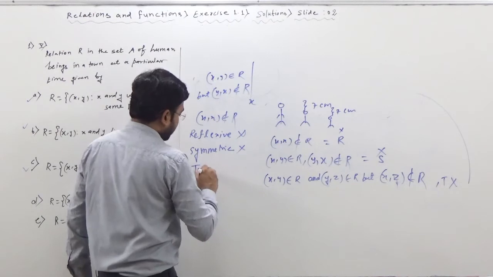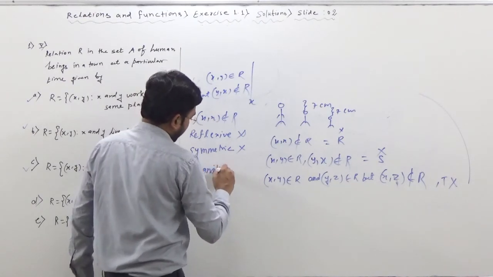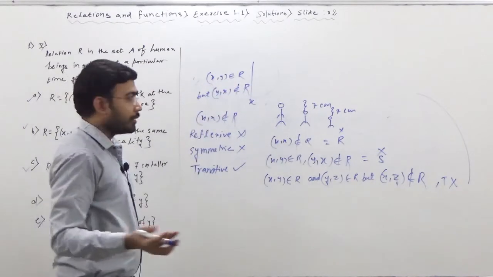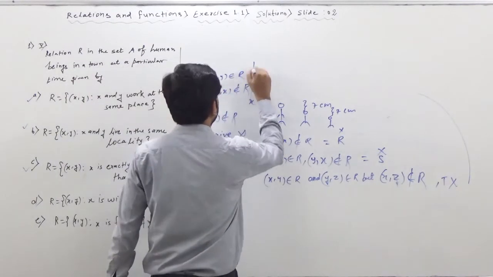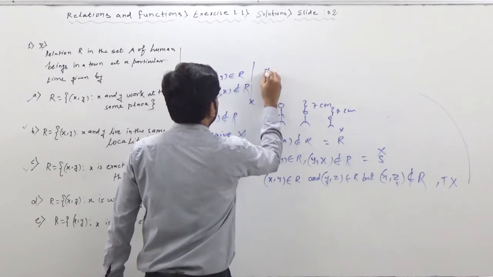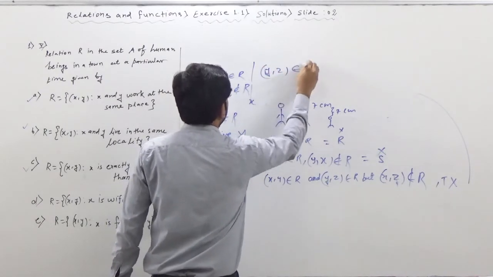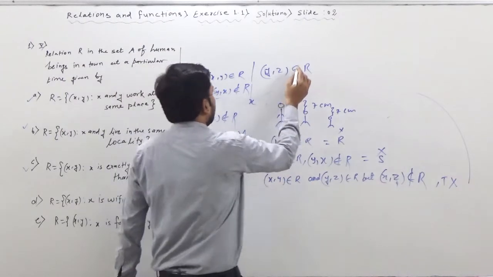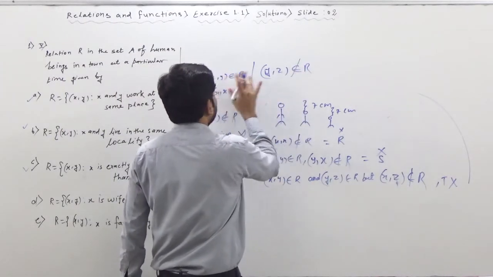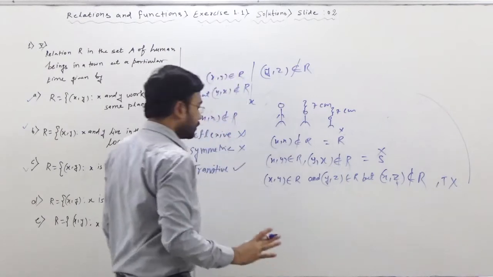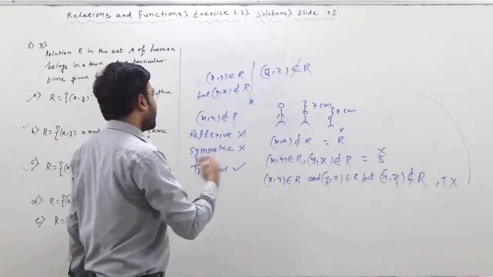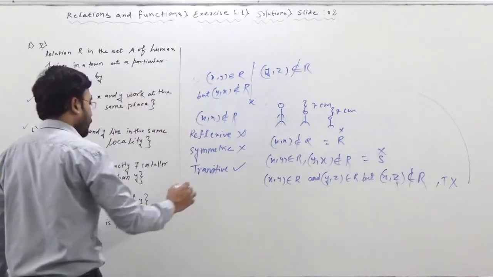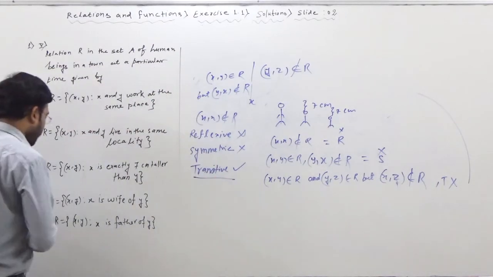What about transitive? Is it going to be transitive? Yes, because x comma y is there, but y comma z is not possible. You can understand this. Y comma z cannot be possible because husband cannot be wife of someone, right? So this is highly impossible. So x comma y is there, but y comma z will not belong to that part. A comma b is there, b comma c will not belong, then we will not check for a comma c, and we'll say this is going to be a transitive relation, right?